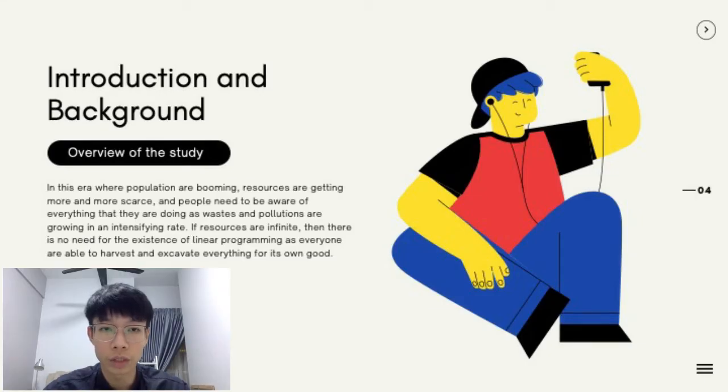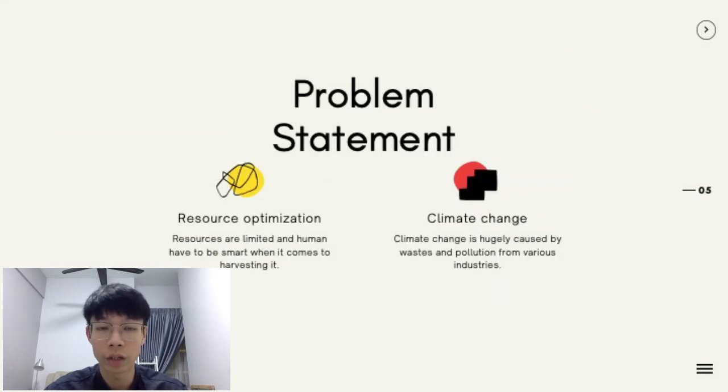To give you an overview of this study, in this era where population are booming, resources are getting more and more scarce, and people need to be more aware of everything that they are doing as waste and pollution are growing in an intensifying rate. If resources are infinite, then there is no need for the existence of linear programming, as everyone is able to harvest and excavate everything for its own good. However, due to the nature of the earth, resource is limited, and there are ample of evidence out there that suggests climate change as one of the biggest threats of mankind in decades to come. Therefore, by optimizing resource allocations, we are able to minimize the amount of damage done to the nature, hence preserving